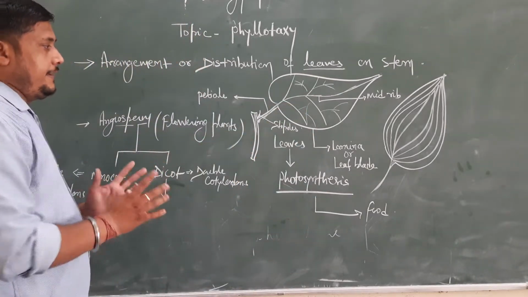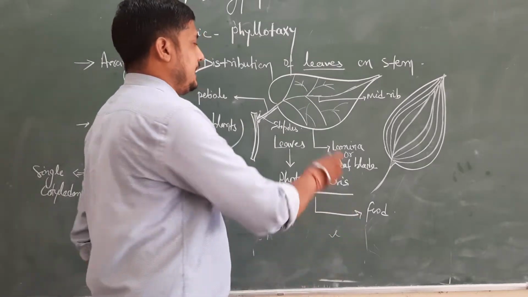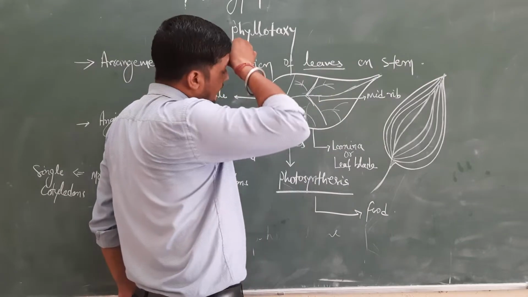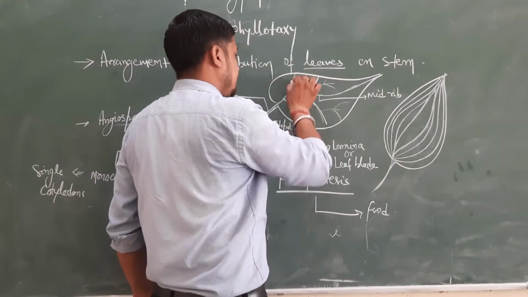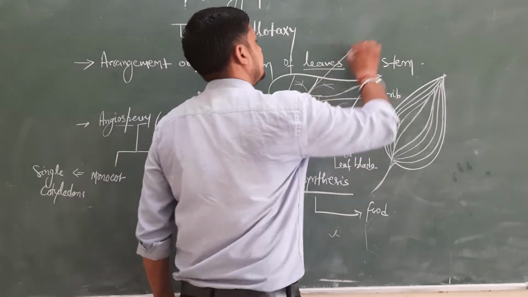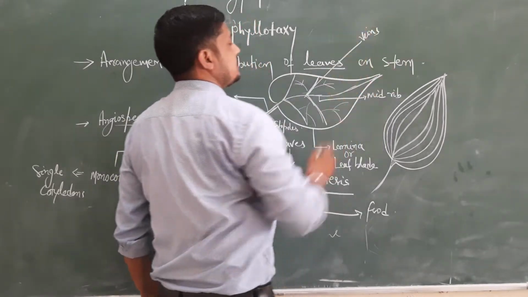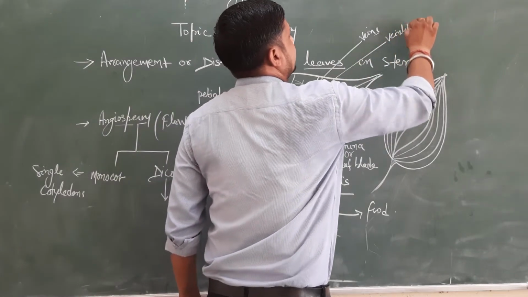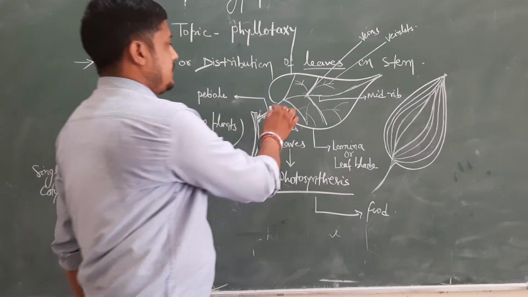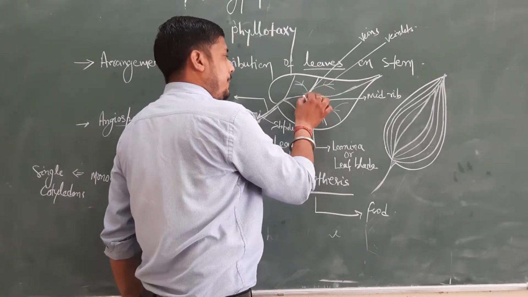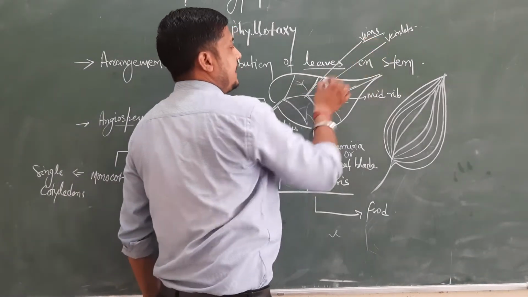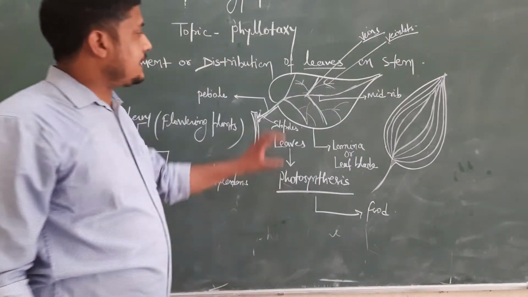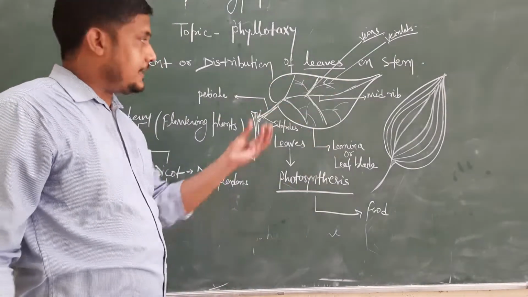So that is very simple. We have to know the parts of the leaves. This is the midrib, and there are certain other branches from the midrib, these are called the veins. If other branches from veins come out, that is called veinlets. So the midrib is the main one. From the midrib the branches are called veins, and from veins if other branches arise, they are called veinlets.